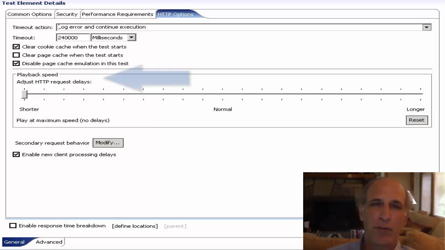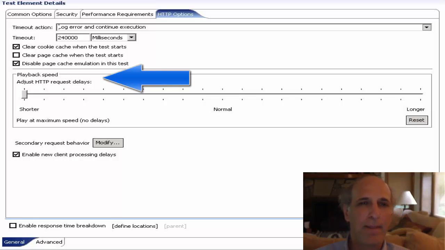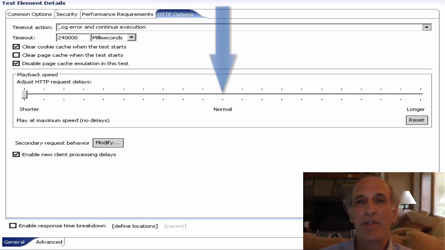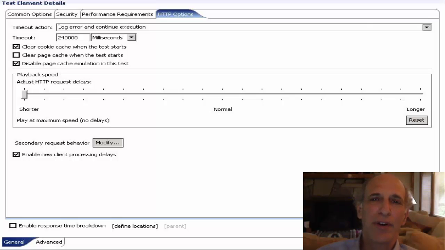Okay, let me discuss playback speed. The default is normal, right in the middle. What that means is that RPT will play back browser delays as recorded. So if you record your script on a very slow computer and your browser is very slow, RPT, when it plays back a mouse click, will play back the browser's processing time. For example, if you have one mouse click that fetches 5 elements, and the browser spends a lot of